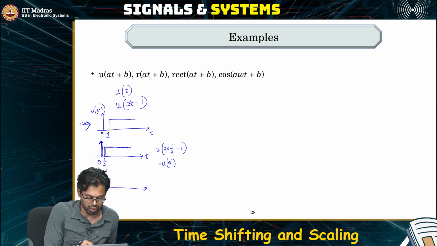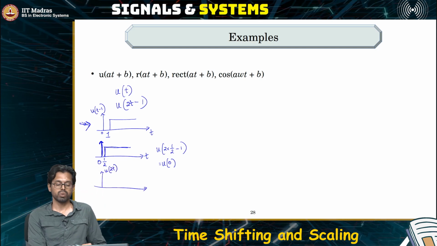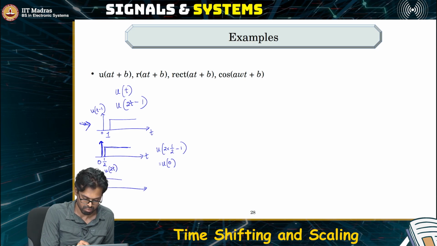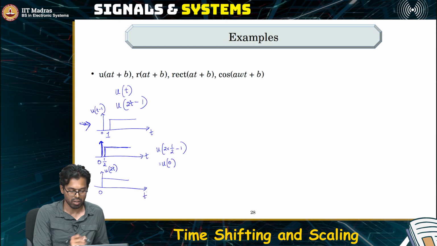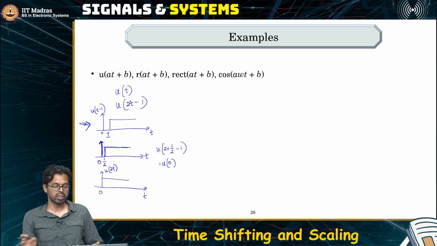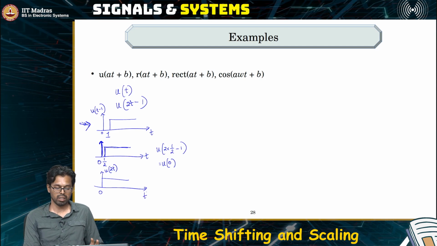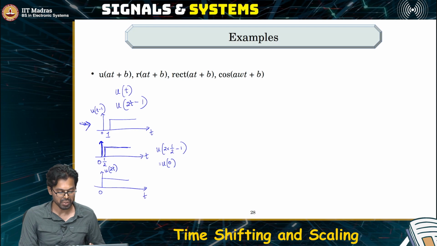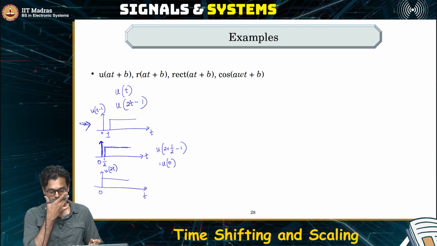Now let's plot u of 2t first. If you plot u of 2t first, it's the same thing. Remember, this is what we saw earlier. Because u of t extends from 0 to infinity, just by scaling in time, nothing changes. It's the same signal. Now, because we did the scaling operation first, the shifting operation should change accordingly, which means now we need to shift by